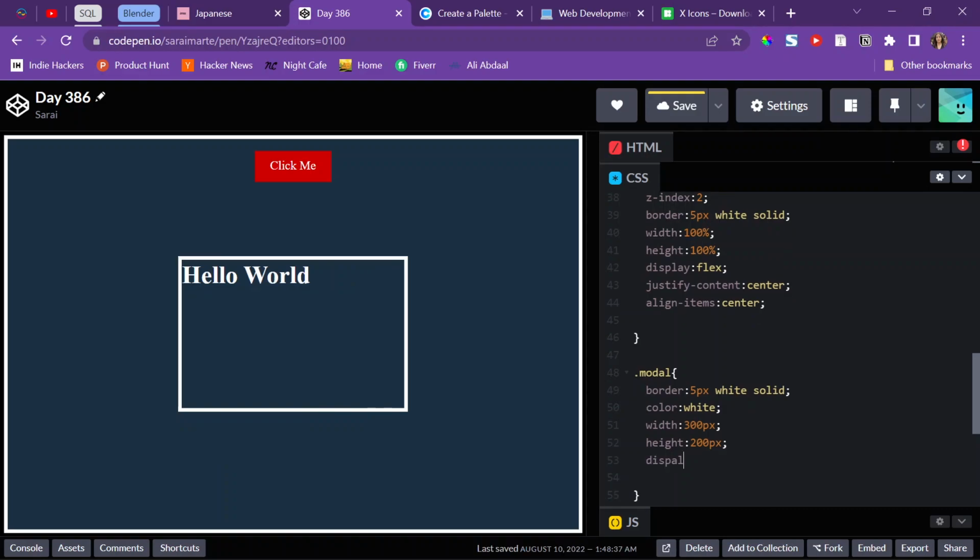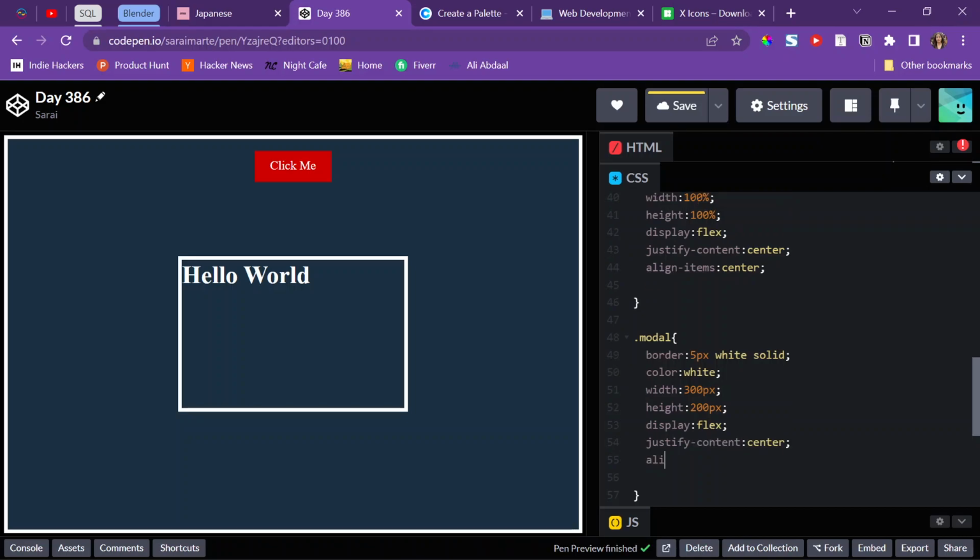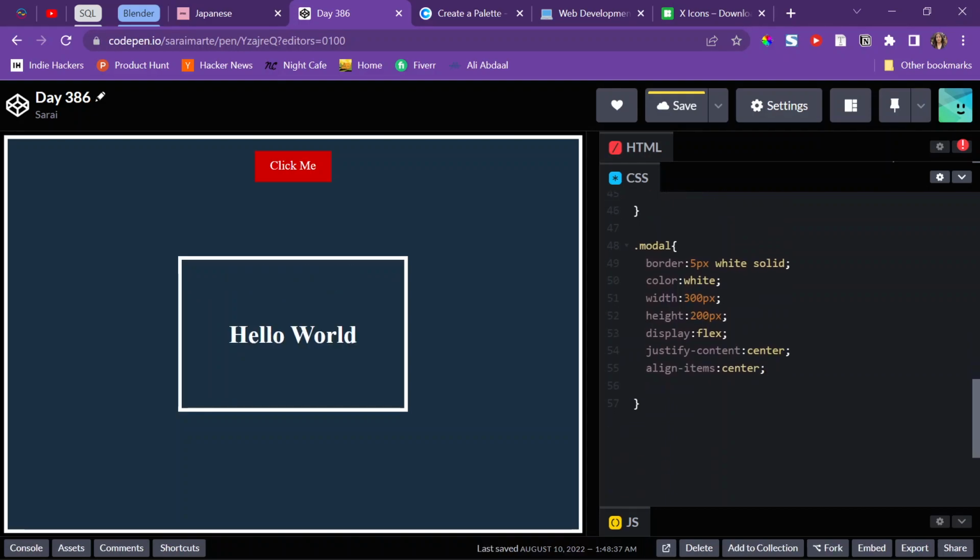And then I'll give this a display flex also to have the hello world in the middle, so justify content center, align items center. All right, and then I'll go ahead and let's see,